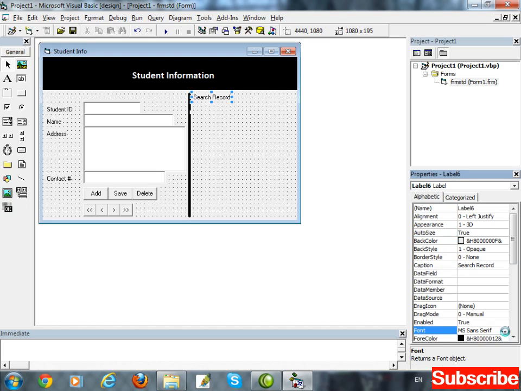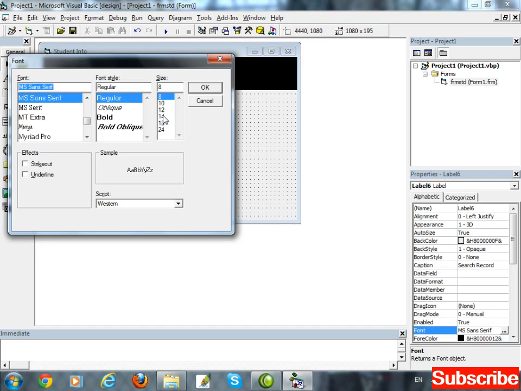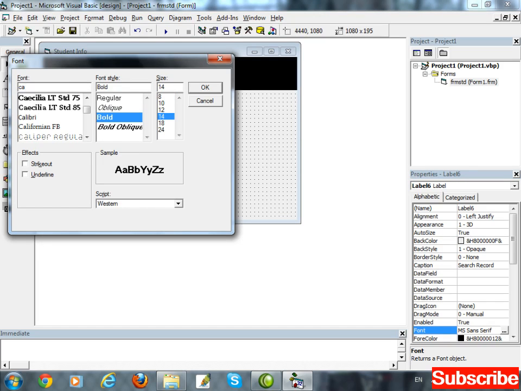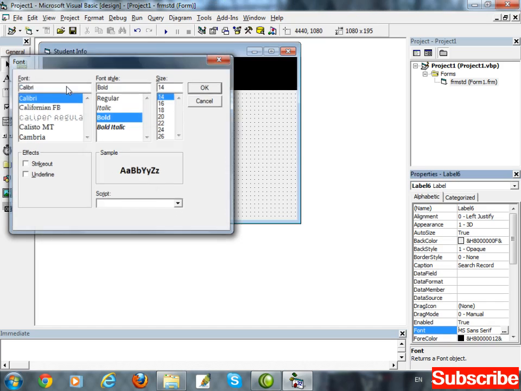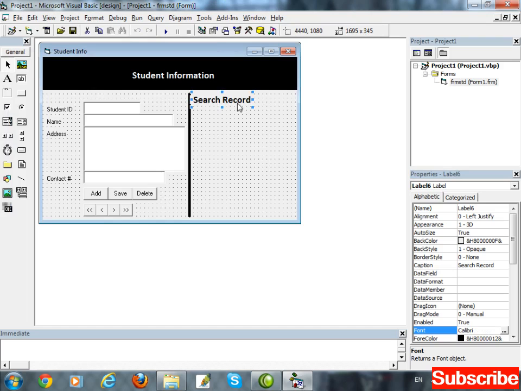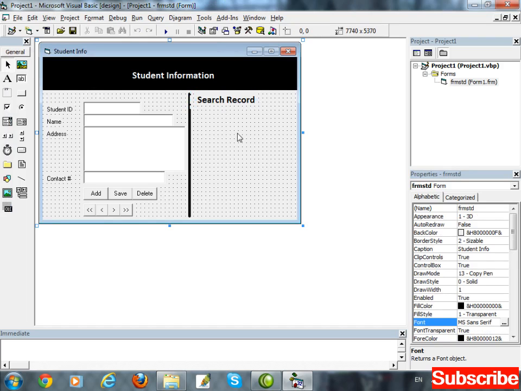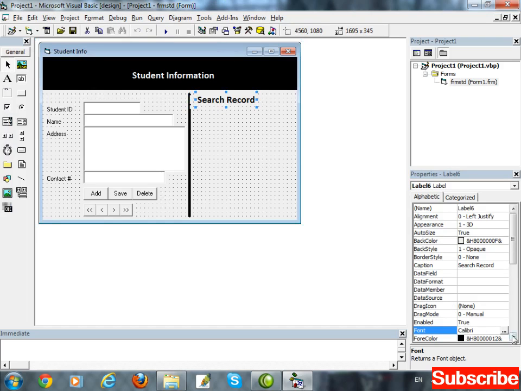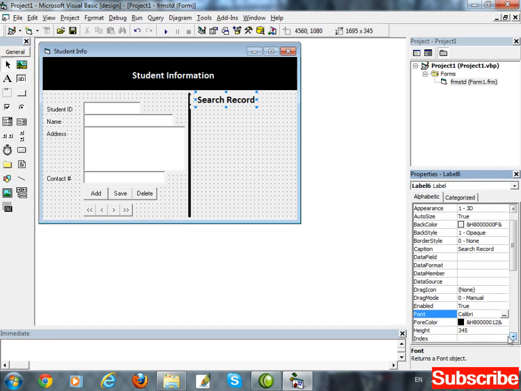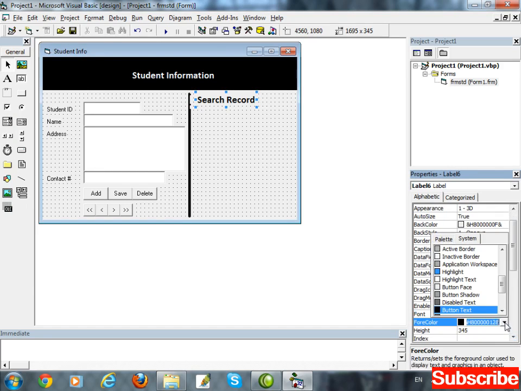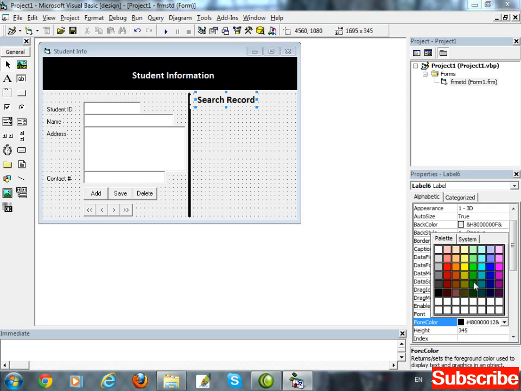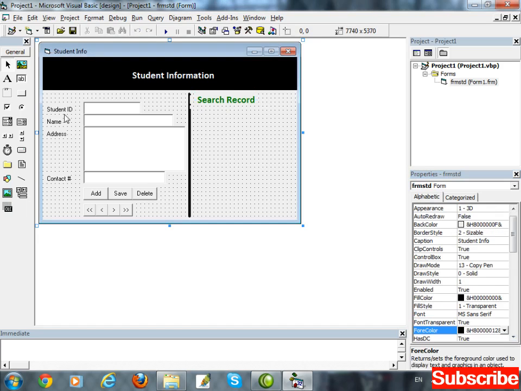Increase the font size to 14, bold and Calibri. You can change the color of this label, the fore color. Insert another line.